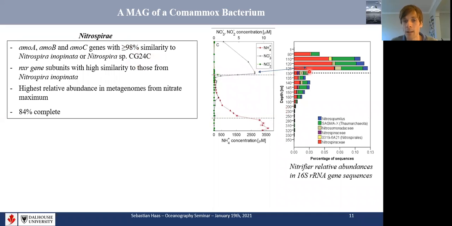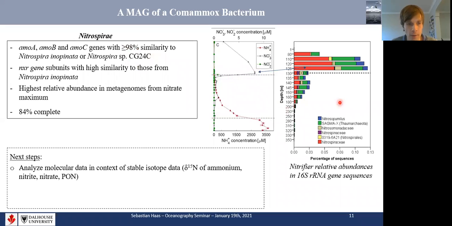And also, if we look at our 16S rRNA gene sequences, we find Nitrospirae here, the taxon this Chromamox bacterium is from, most abundant around this depth. So this seems to add up, but it's even earlier days on this one. And next steps will be to analyze the molecular data further, also in the context of stable isotope data we